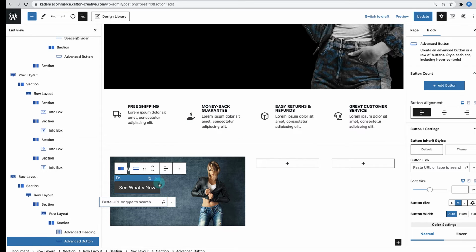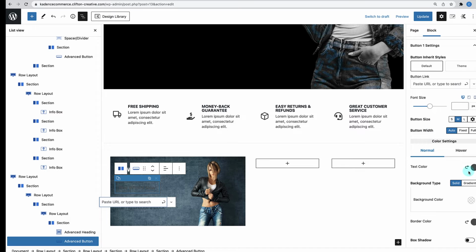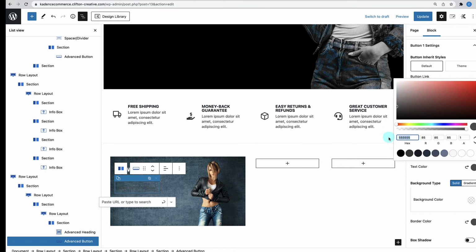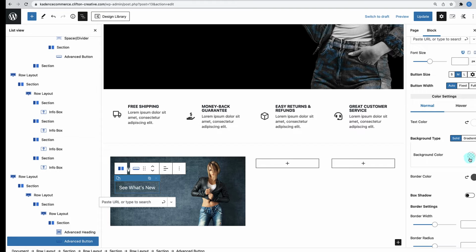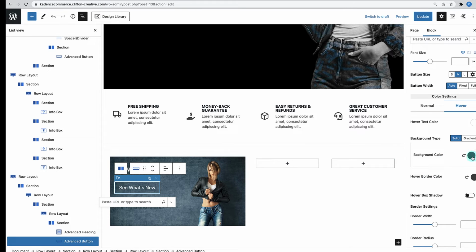And then let's go ahead and customize our button as well. So this is going to be a clear button. So what we're going to do here, the text color is going to be white. Okay. The background color is going to be clear. The border color is also going to be white. For the hover state here, we're going to go ahead and select the hover color is fine as white, but